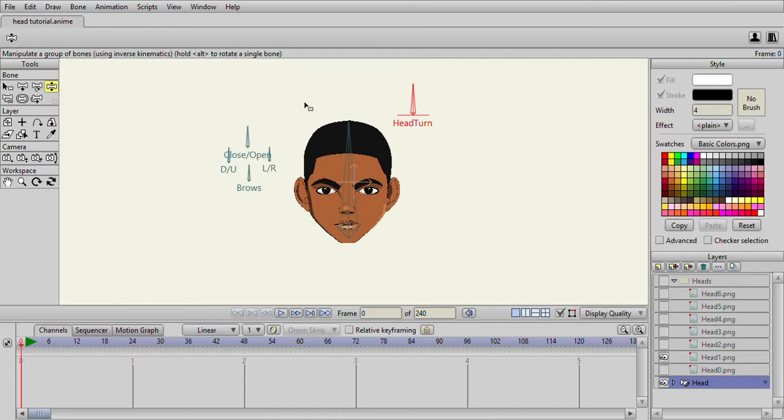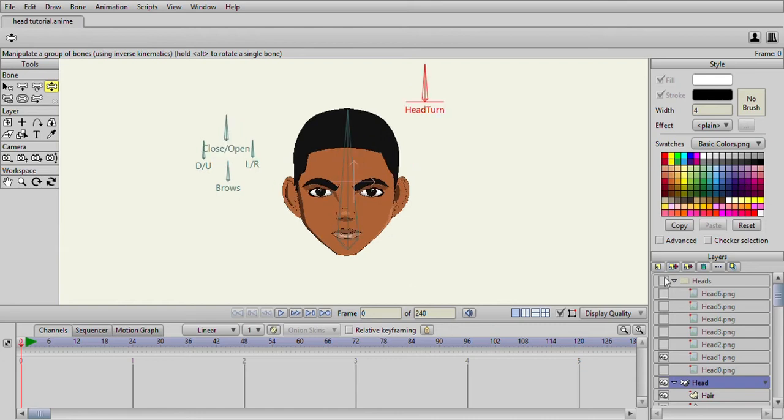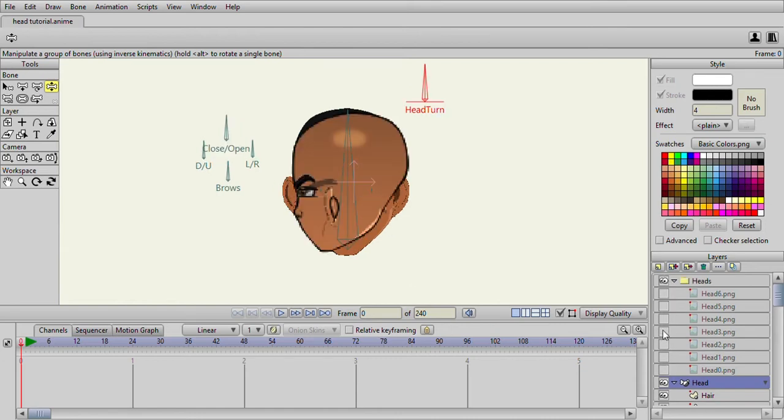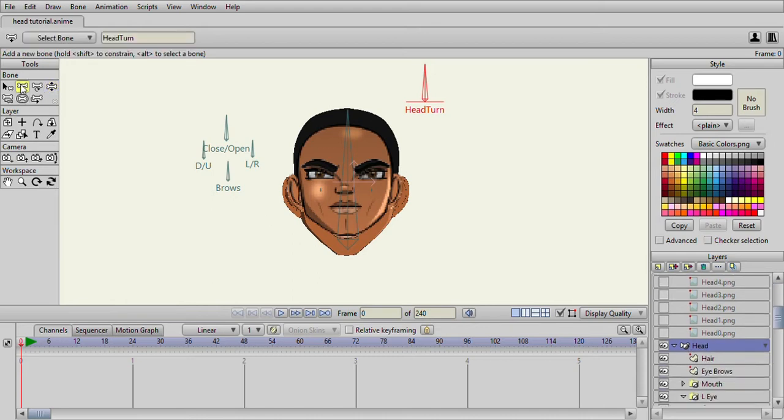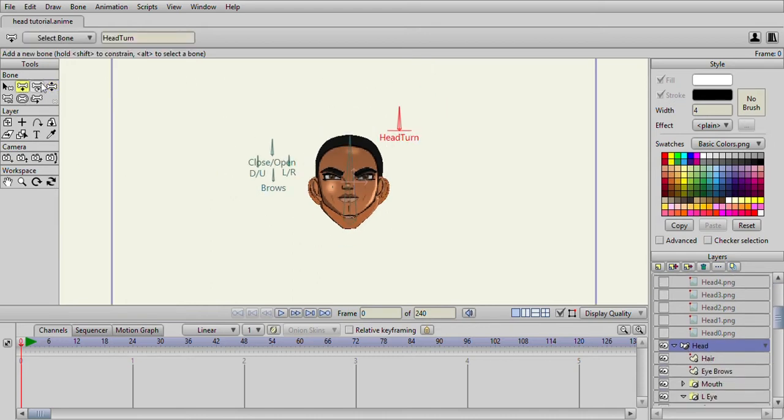Then I'm going to probably work on more features of his eyes, work onto the mouth and give him a bit more facial expression. So again, I'm going to refer to my reference sheets, and I've got one with his head facing up-ish. I'm just going to use this as a guide,